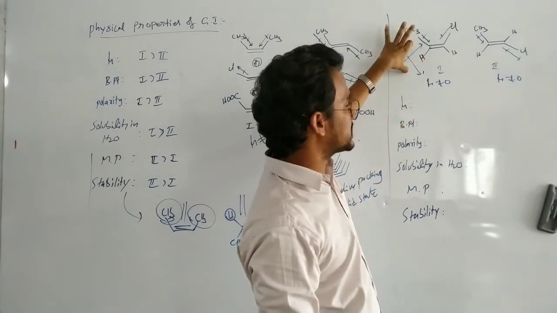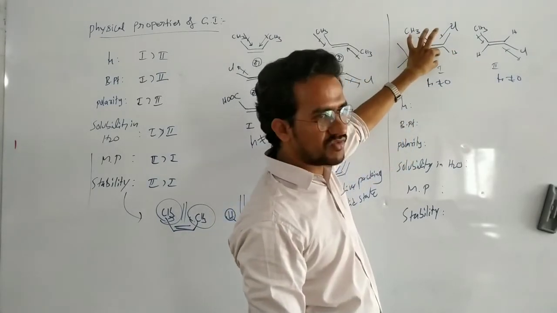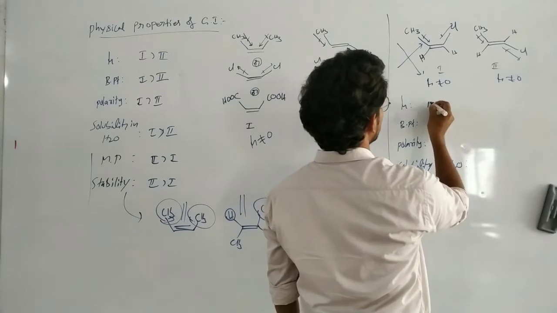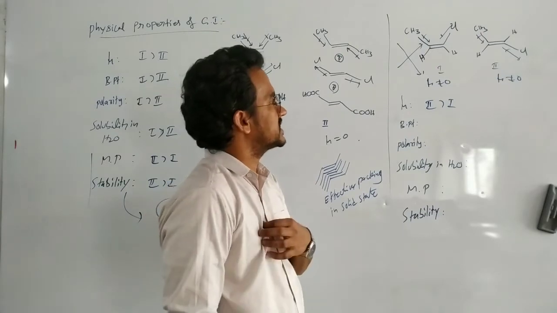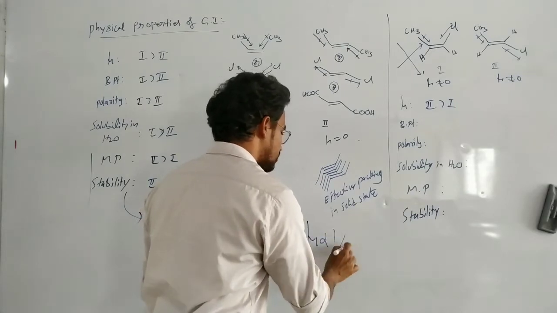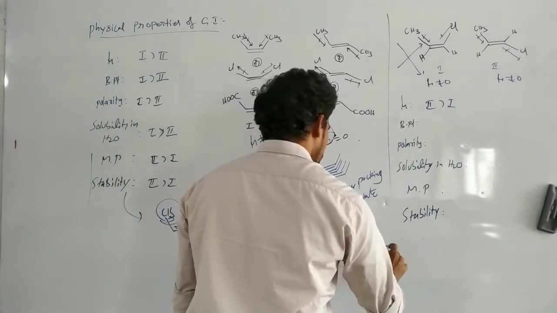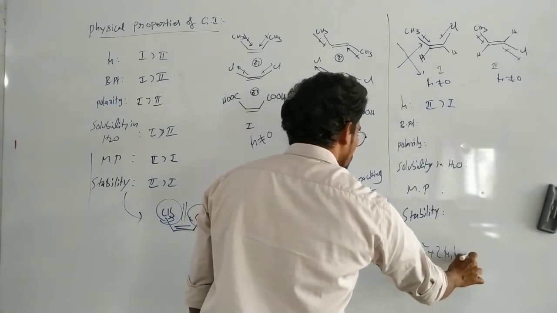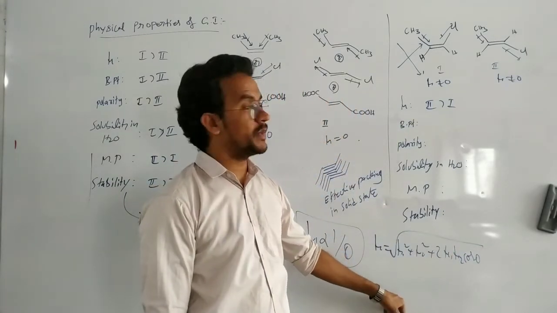Here in this case, not exactly in the same direction, not exactly in the opposite direction. This one also has a significant dipole moment, but they do not cancel each other. So the second compound, trans, has a higher dipole moment. Of course, we know that the dipole moment is inversely proportional to theta, because mu equals the square root of mu1 square plus mu2 square plus 2 mu1 mu2 cos theta. We discussed this in chemical bonding, in the dipole moment.